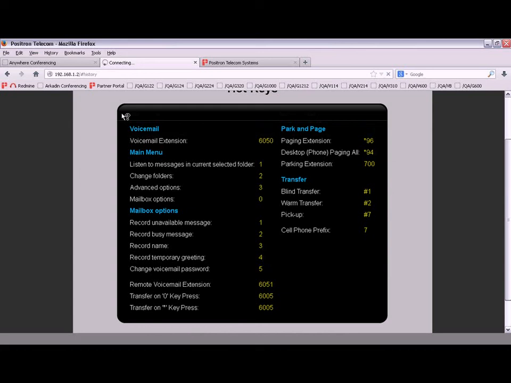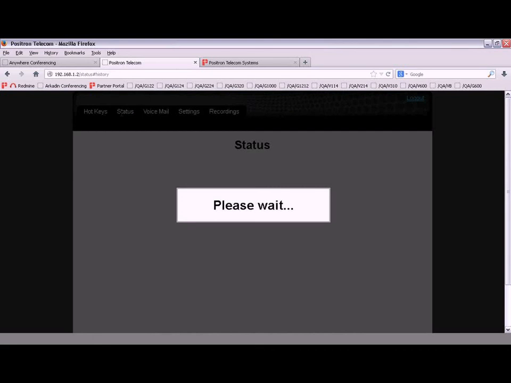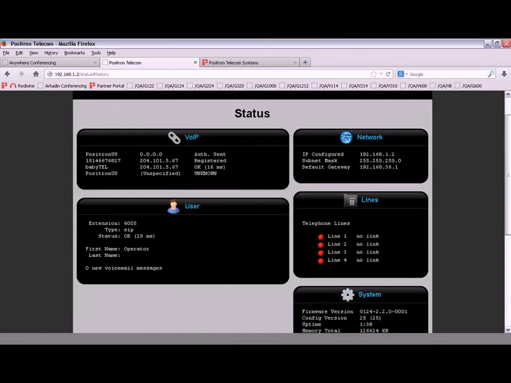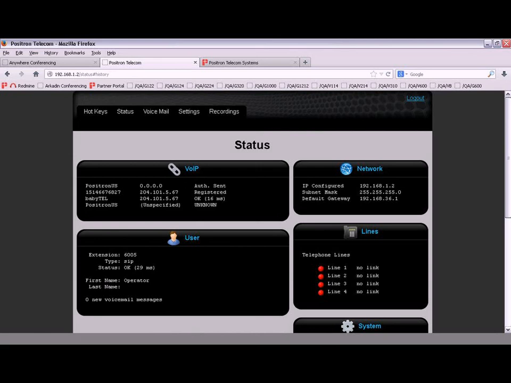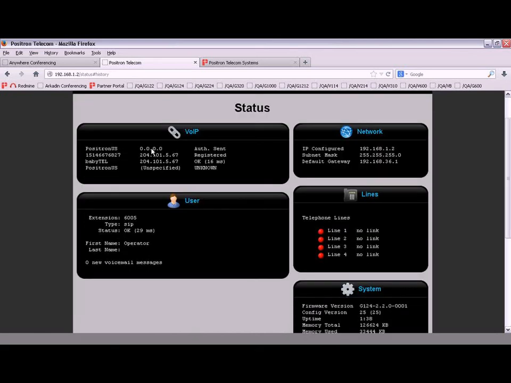We also gave them access to the status page. The idea behind that was if ever the administrator is on vacation or sick or whatever the case may be, and there's an issue with the phone system, at least we're giving access to all the users as well. So if they want to call in and ask the support team for help, we have some information that they have access to. For example, if they can't make inter-office calls with the states, we see it only says authentication sent here. Well, then maybe the other side of the trunk is not working, so then we can